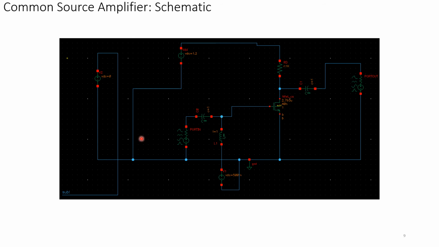So I'm going to give you an example of RelExpert simulation now using, let's say, a common source amplifier which I have designed here in the Cadence environment. As you can see, I have a bias T here which is feeding the AC source and the DC source, DC feed, through a DC feed inductor and a capacitor here, which blocks DC and allows the AC.